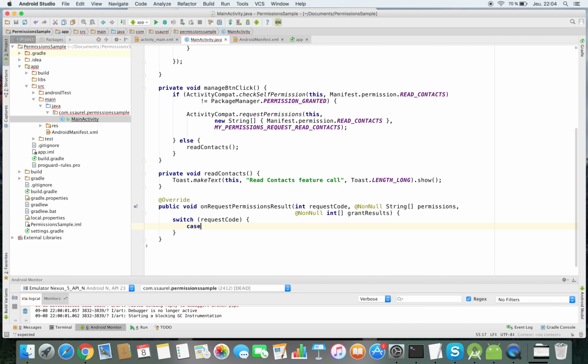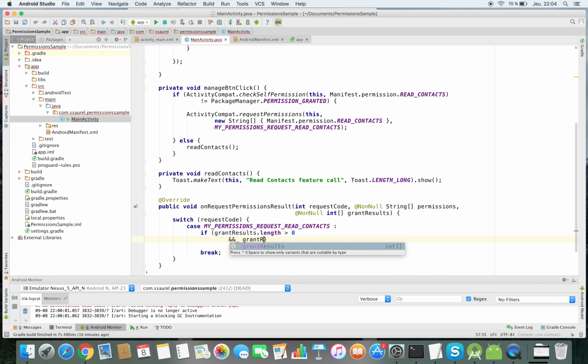In the grantResults array, you have the result of your request. So we check if the permission has been granted. If the answer is yes, you can call the read contact feature.